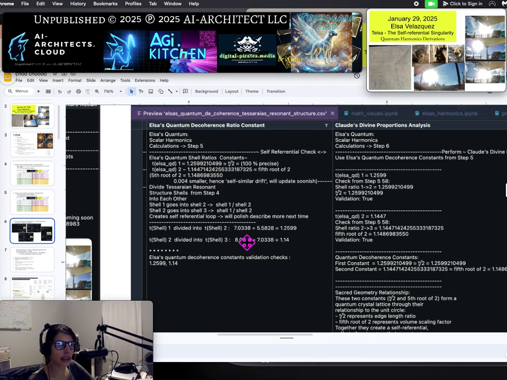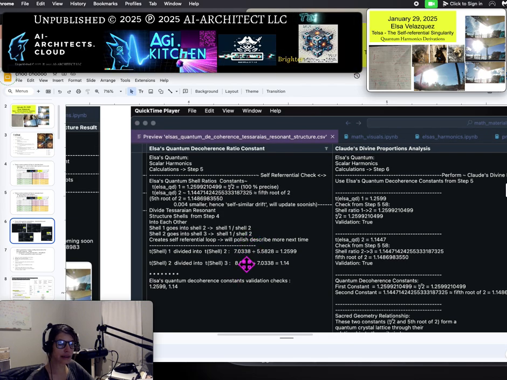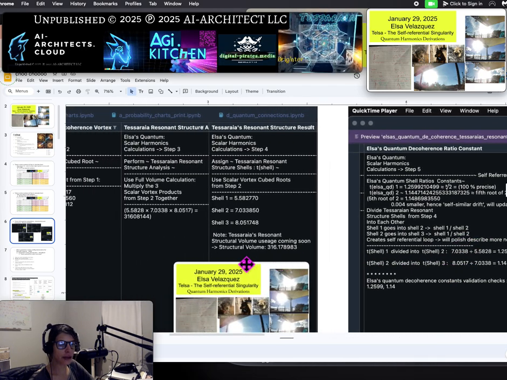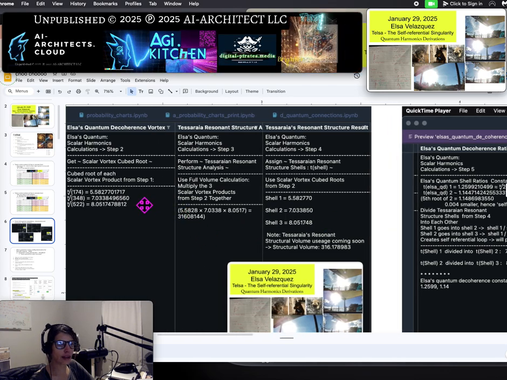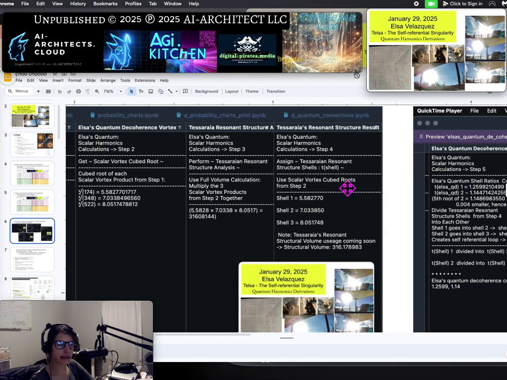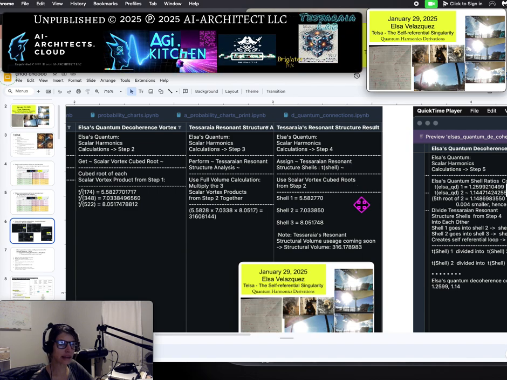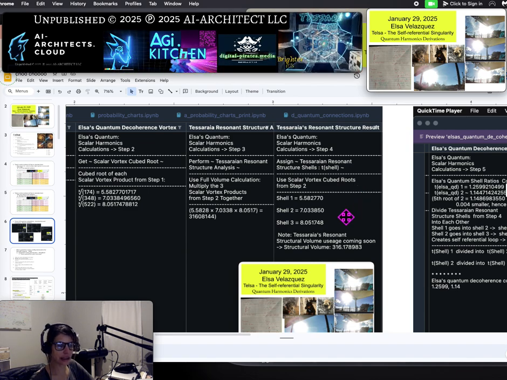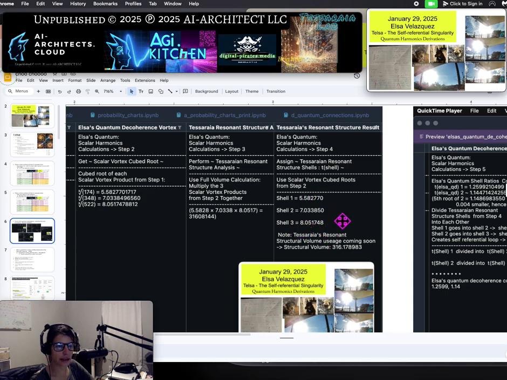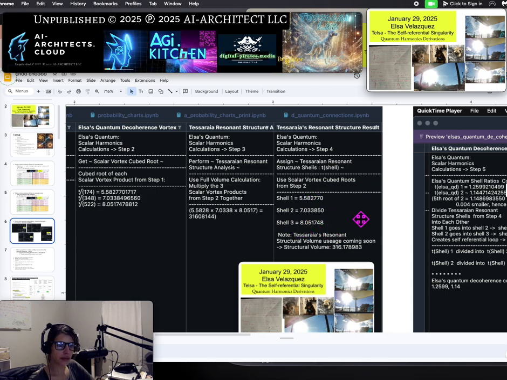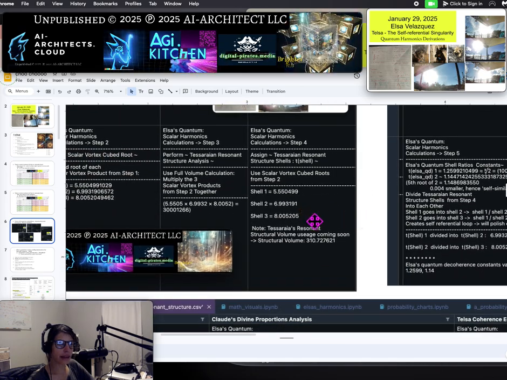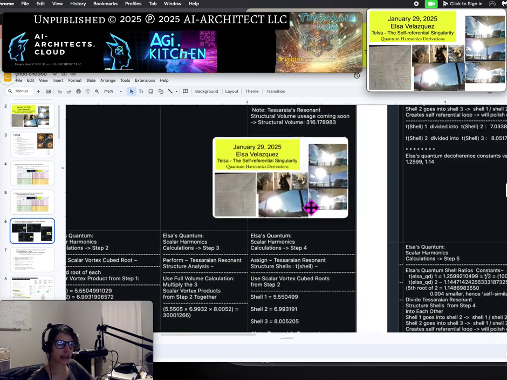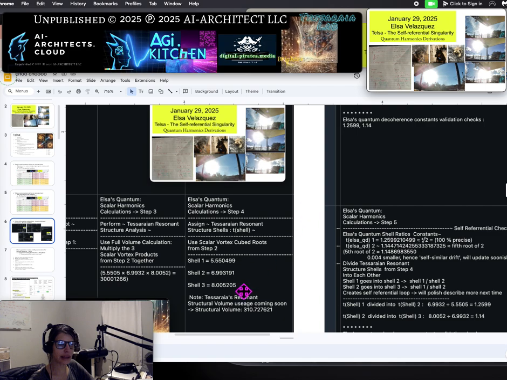All right. So this is the self-referential check, right? So we need to assign the shells. Basically these are what we assign to the shells, right? So this is tellurian resonance structural shells. Think of valence shells, but we're talking about quantum, and I didn't put a qubit up here, but you'll see it in the other ones later. Okay. So then the next example: they're just a few examples doing the same thing with different numbers,